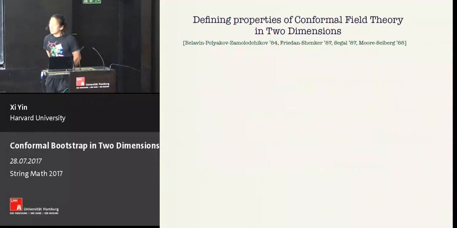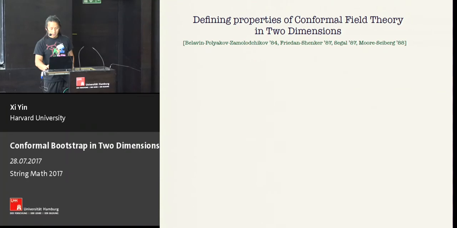Okay, so to begin with, let me clarify what I mean by 2D conformal field theory, because different people, both physicists and mathematicians, might mean slightly different things when they speak of a 2D conformal field theory. They sometimes relax or omit some of the axioms. I'm going to take what I consider to be physically the strongest and most reasonable definition of a